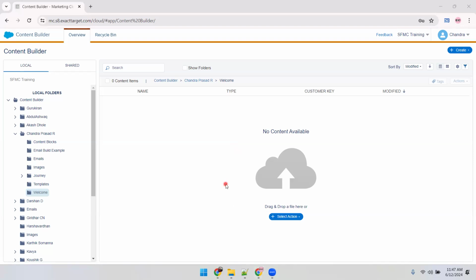Now let's assume we have a dedicated team who are dedicated to build email. You can call them email web developers. They are responsible to build the email, and they will provide you the email built using HTML code